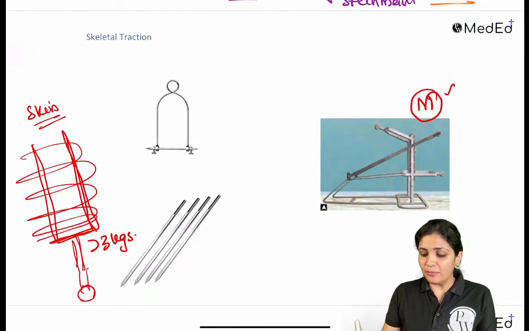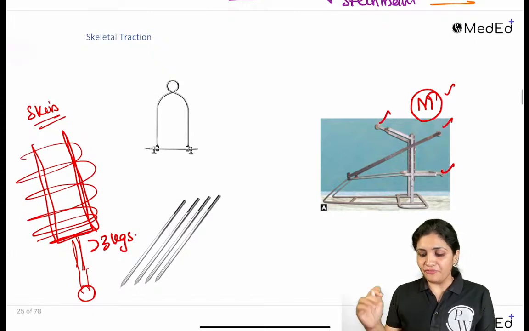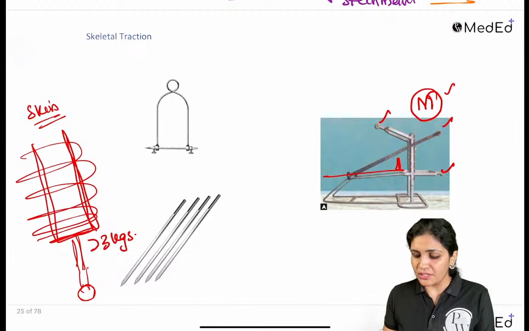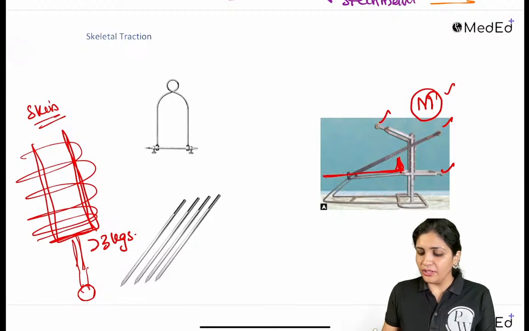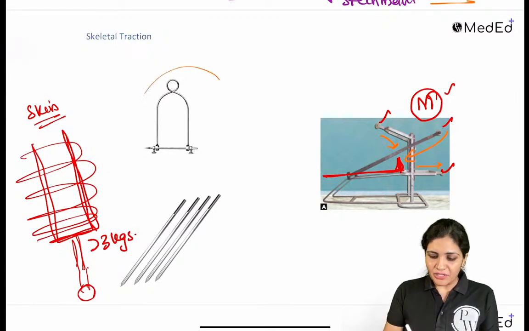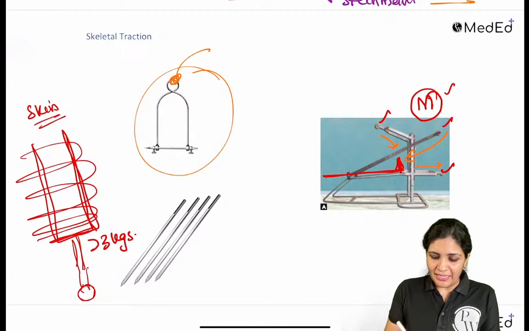So this is the Bowler Brown splint. I was talking about these 3 pulleys, right? So these 3 pulleys with the frame, you're going to put the limb here. So this is the limb, this is the limb. So here this first pulley is for your foot drop, this is for your femur, and this is for distal femur, right? And now this is the stirrup, you tie the rope to it,